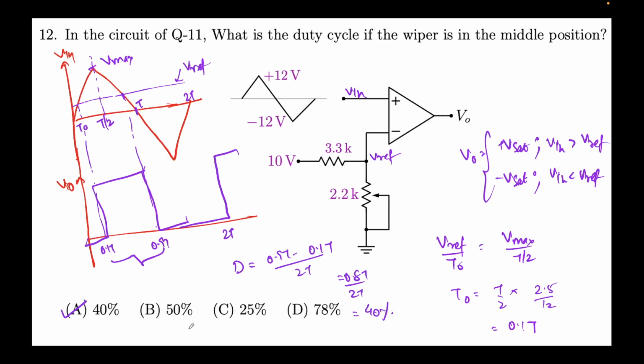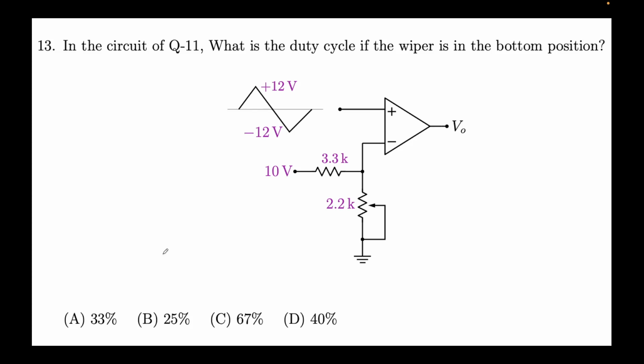How did we solve this problem? Since the wiper was in the middle position, this will become 1.1k, and we found out the Vref came out to be 2.5 volts. When this red curve crosses Vref, then only it will be on. How do you find this time T naught? By using the slopes, or you can say similar triangles, whatever you want to call it. We obtain 0.1 T, 0.9 T, and finally the answer of 40%. Okay. Now next